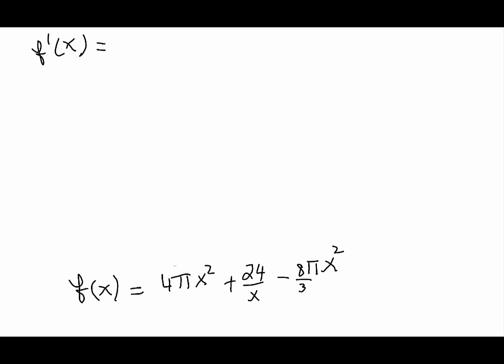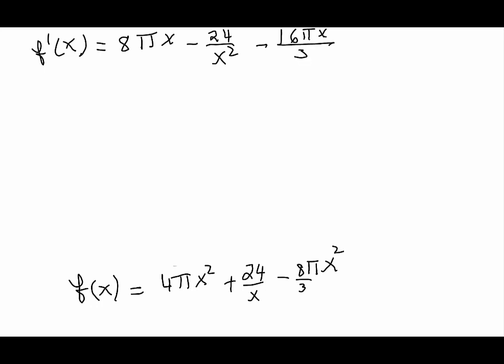So the derivative of x squared is 2x, so we get 8 pi x. 24 over x will be negative 24 over x squared, and then x squared here will be 2x, so the whole thing would be 16 pi x over